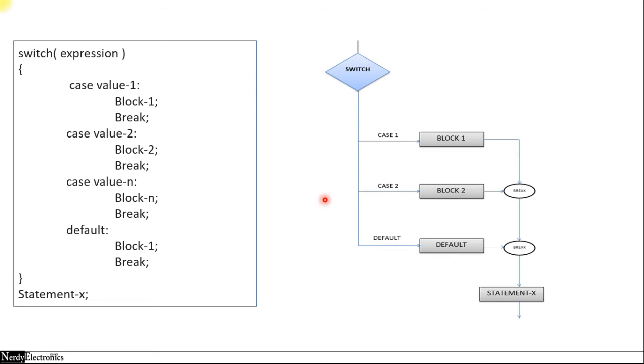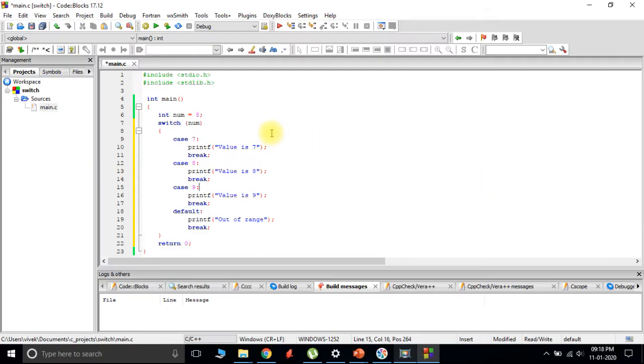Let us see this in a program. I have a simple program written here where I am taking an integer value and naming it num. I give it a value 8. Then I use the switch case, switch on num. So this is the expression that we are giving and the value here is 8. Like I had told you, since the value is 8, it won't execute case 7. It will jump directly to 8, execute this statement and execute the break. So it will directly jump out of this.